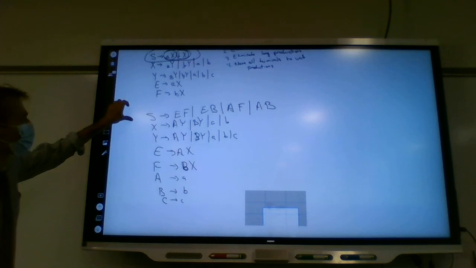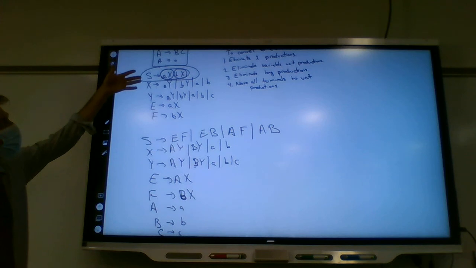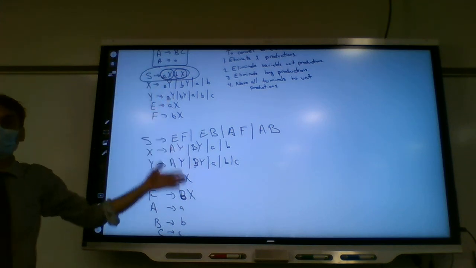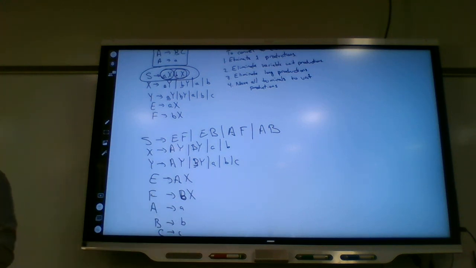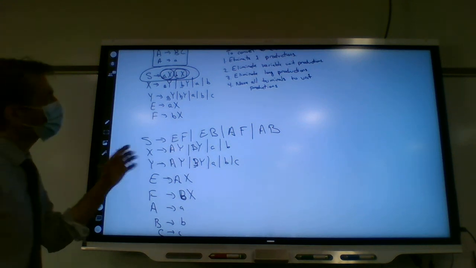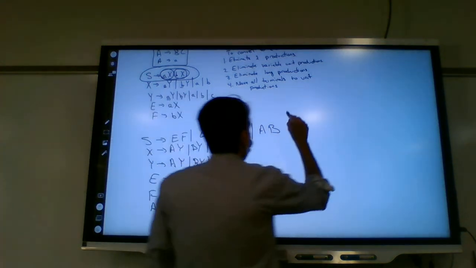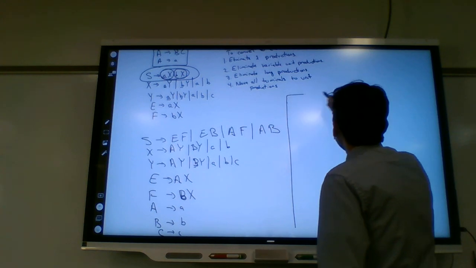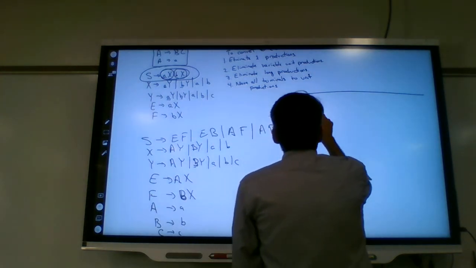But what happens? There we go. Our original grammar just got a lot longer. So a lot more productions and a lot more pieces. But what happens to our grammar? Our grammar now has a nicer format in the sense that the derivation tree is a binary tree. Okay, so here's what happens in terms of, well, before we do this, let's try an example. Let's let you try an example. A smaller grammar. Let's say S